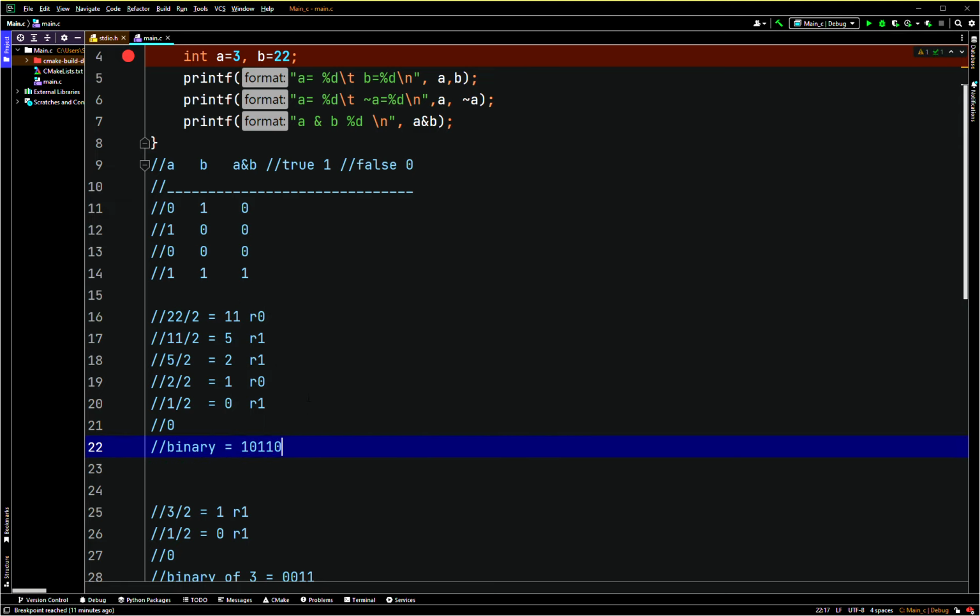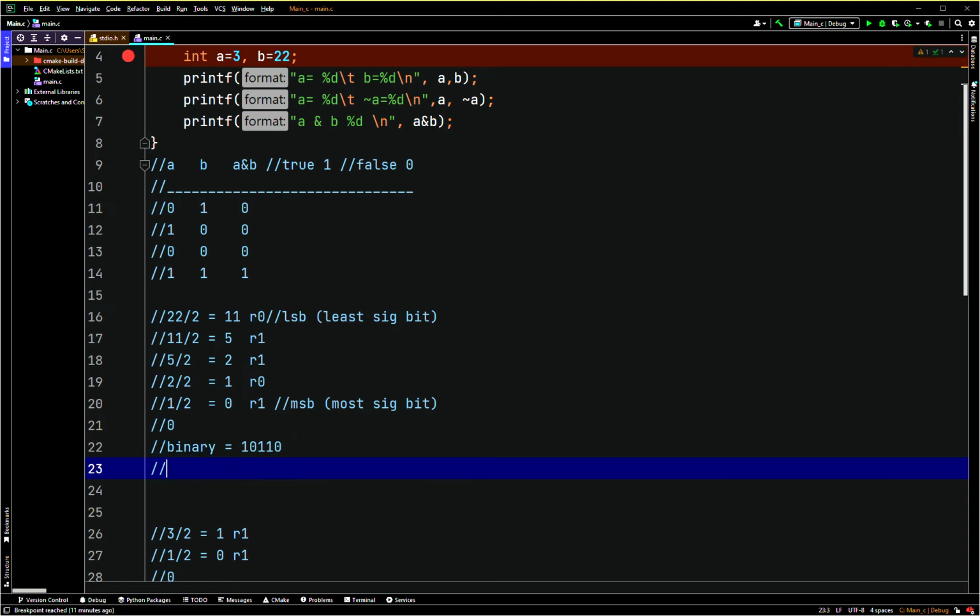So I believe this is the most significant bit, and this is the least significant bit, I think. I'll just say least sig bit, and most sig bit. Okay, so that's our answer. Here we have 5 digits, so we'll add 3 to make it an 8-bit representation because we obviously can't make it a 4-bit representation here because it already has 1 extra. So we'll just say final binary of 22 base 10